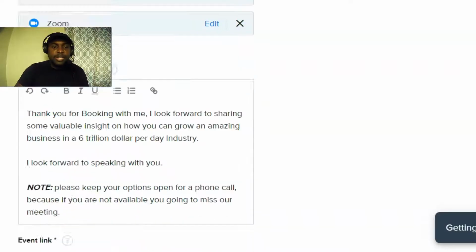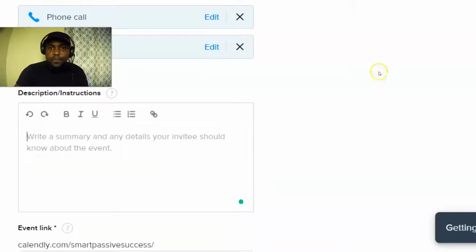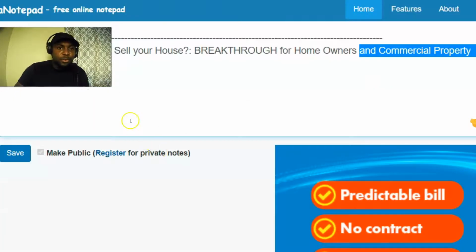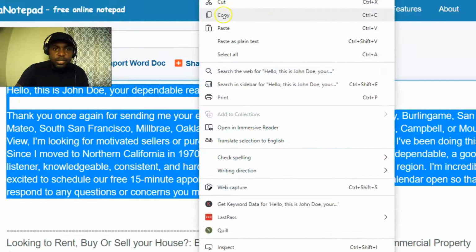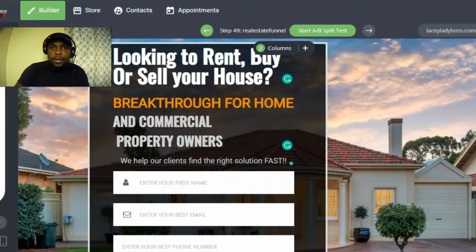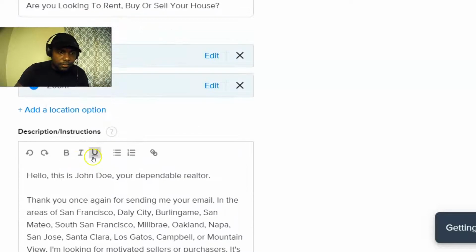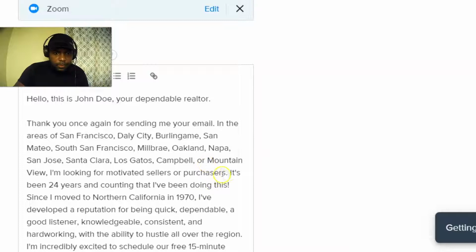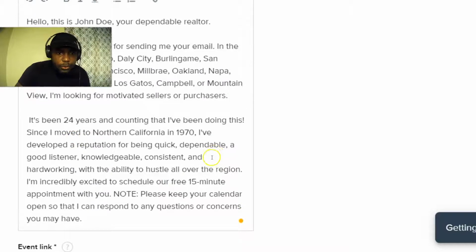Now the next thing is writing a description. So I'm going to clear this out right here, and I did have some notes that I put together ahead of time. So I'm going to go back over to my notepad right here, and I did have some notes that I created for this specific video. And I'm going to go back to the calendar, and I'm going to paste the notes in right here. All right, so I'm going to paste this here,